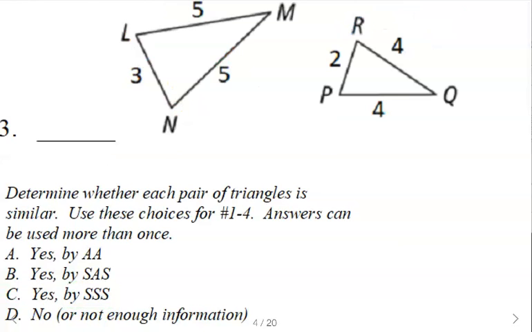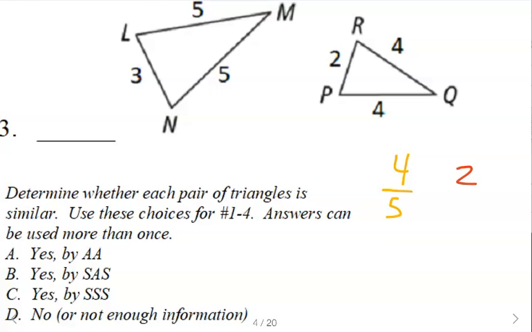Got all three sides here in each triangle. Let's see if these are proportional. So new over original, if I let the one on the right be the new one, we'd have 4 over 5 for the biggest sides. Now it's a tie there, so you could write 4 over 5 twice. Let's see if that's equal to the smallest side on the one on the right over the small side on the other one,